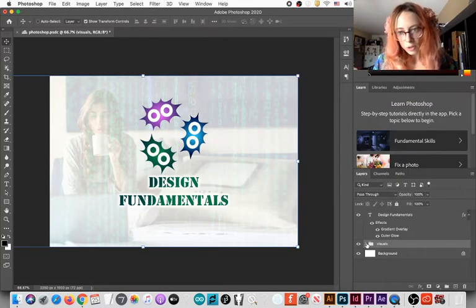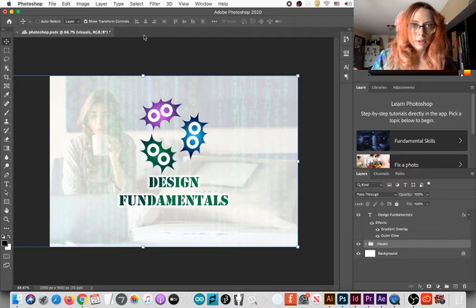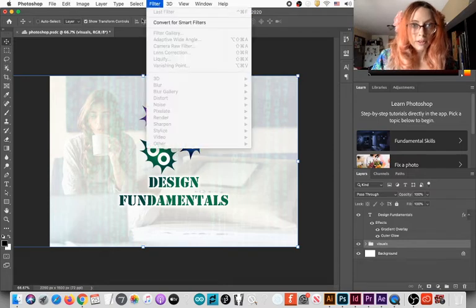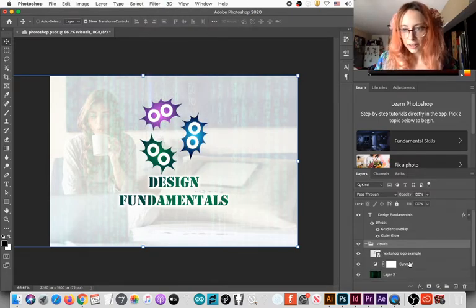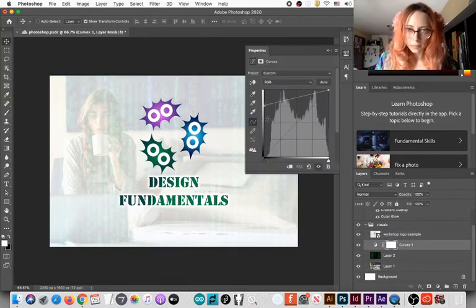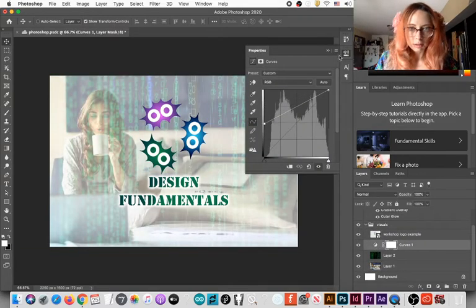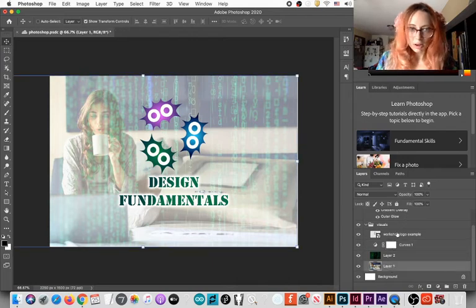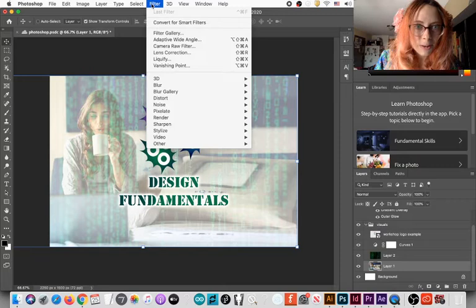Another fun thing you can do on Photoshop is mess around with the filters. Filters! Let's bring it back to be less transparent, maybe? Hacker. And play around with filters.